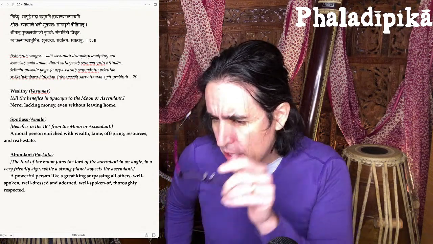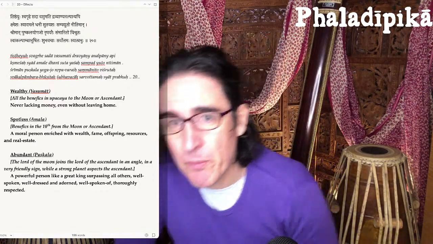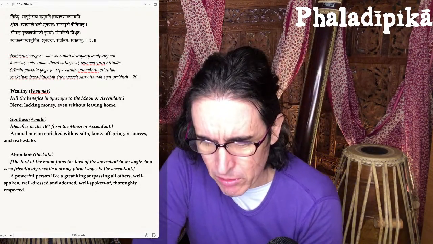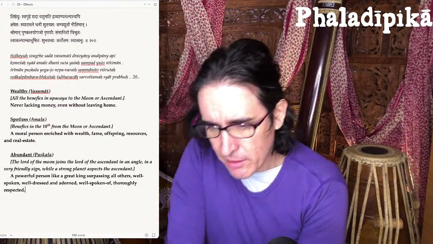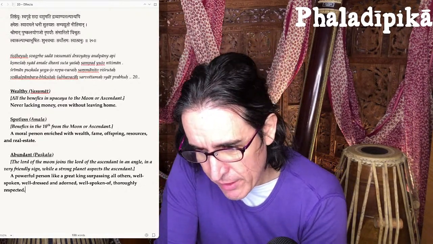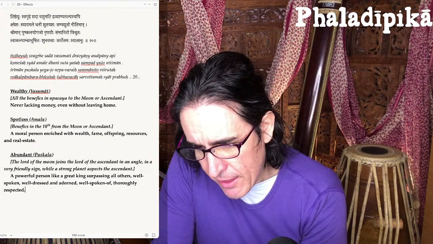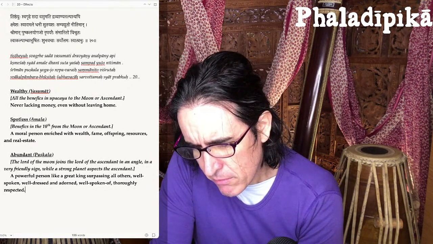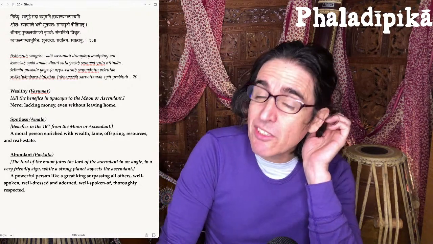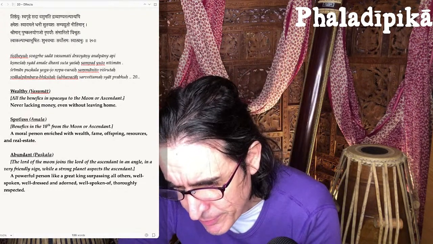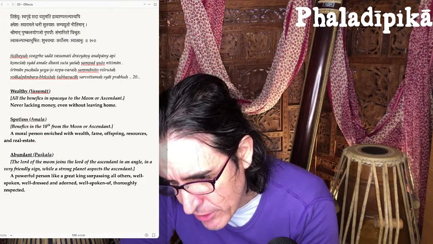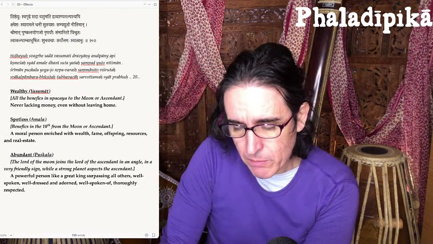Then in the 4th chapter, he spoke about how you calculate the potency of planets, which is called the bala, and six categories of bala, so shad bala. Then chapter 5, he started to interpret things. He started to show how you would work with interpretations, and he talked about career. Then chapter 6, which is where we are now, he started to speak about yogas.